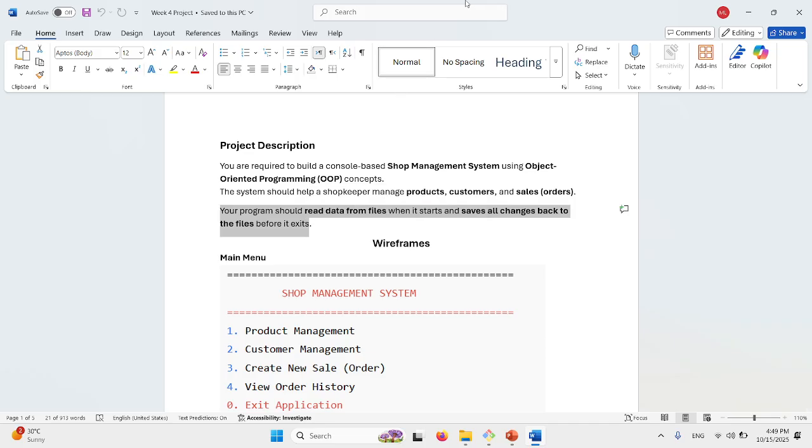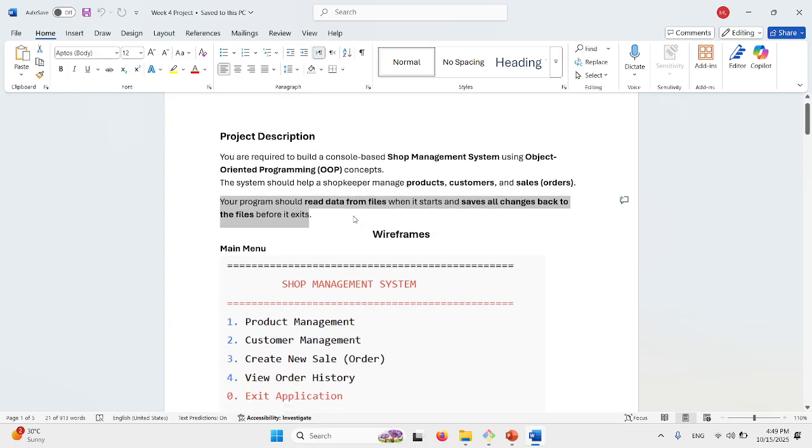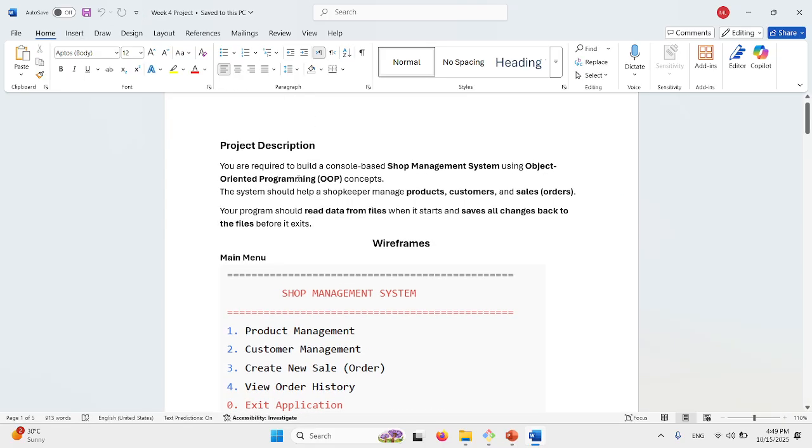Because if we save the data at the time of closing the application, this is not possible in case your light goes down or your system crashes or any other problem from any other environment could harm your data. So data is important, that's why we keep our data in files. You keep your data in files because you want to persist your data, to save it for infinite time. Because if you keep the data in a list or in the classes, in the objects, it will be lost when the application closes.